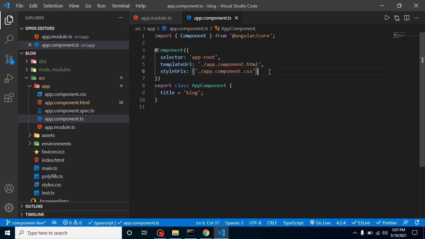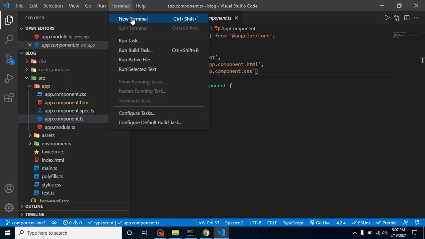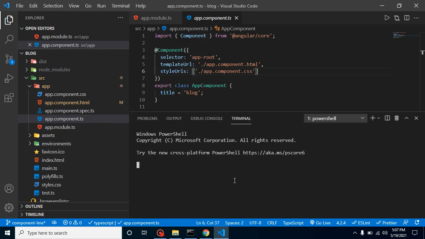I will tell you all cases, and we will create three components, a separate component for every case, I mean to say that. So let's create the first one without the CSS file, or you can say the inline style. So just simply put here ng g for generate, c for component, our component name, let's say user-list, and with that we just have to write here --inline-style.